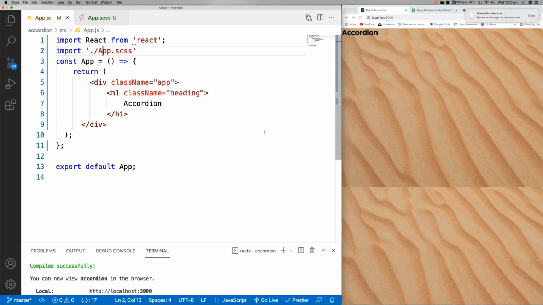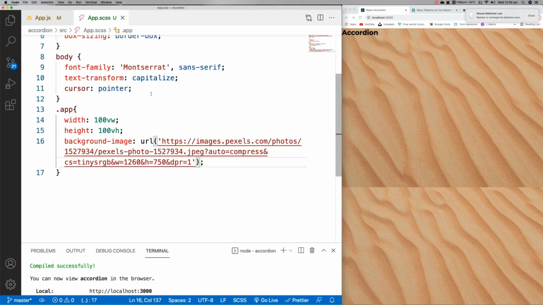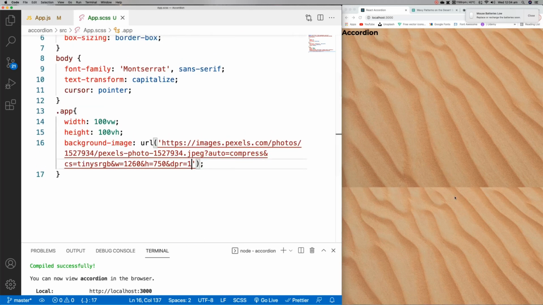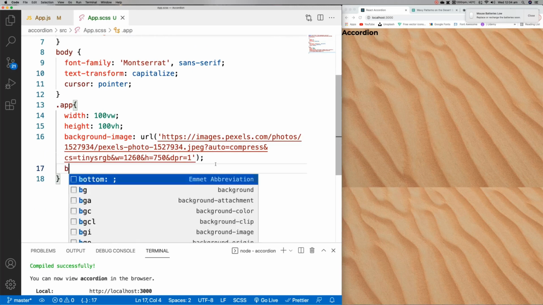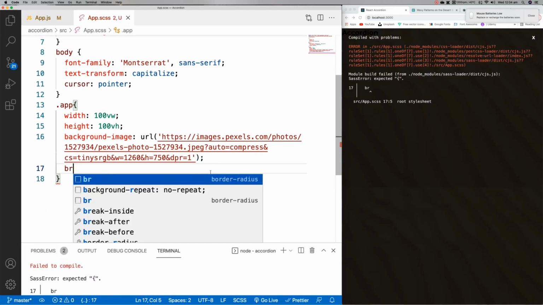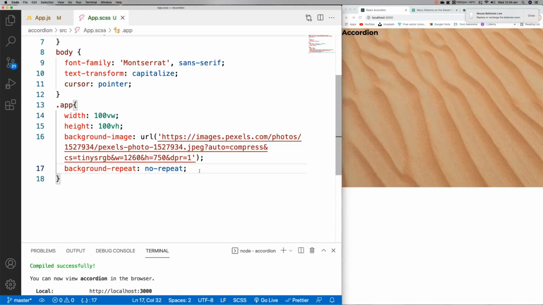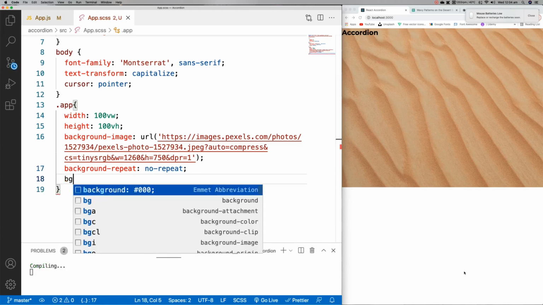So I can see here. Now see, this image is repeating. When you use the background image, we have to use some other property. So background repeat is no repeat, but it's not covering the whole thing. So I need to say background cover,